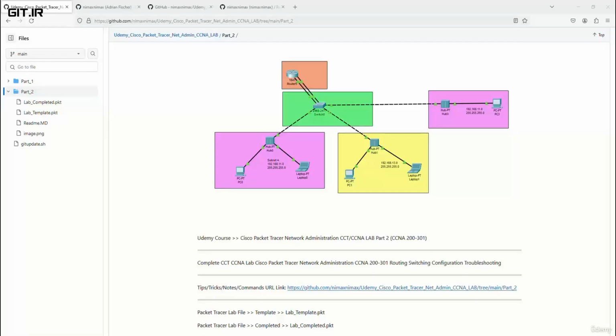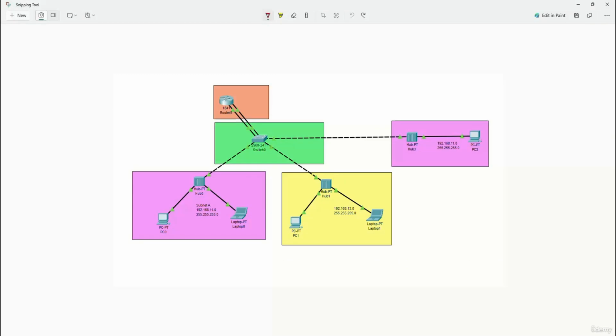In this course we are going to talk about Cisco Packet Tracer, network administration, and CCT and CCNA topics. And we have a lab in this course, which is part 2. And in this lab, we